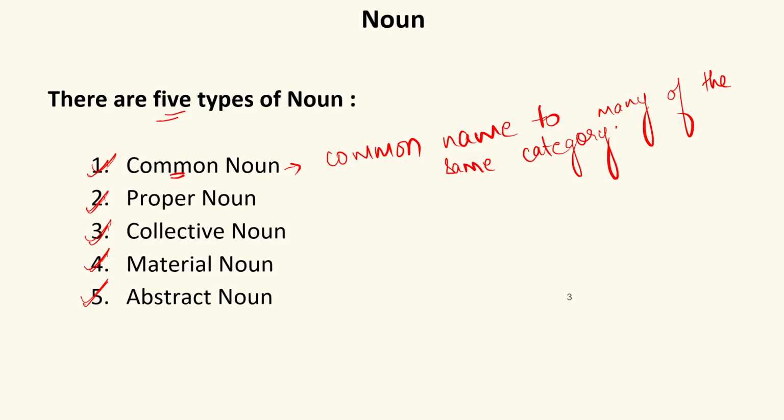It is not specifically mentioned which boy I'm talking about. For example, if I say city, can you tell me which city I'm talking about? No, not at all. It means if I say city, that can be any city that has not a proper name. So the common nouns are the names given to any of the same category. Say boys, girls, men, women, a chair, or you can say school, bank, any. A single name or a common name given to many of the same category is called common noun.